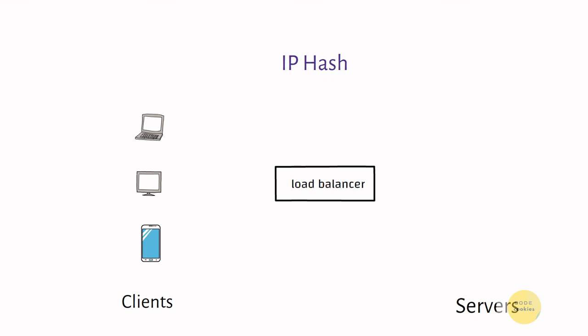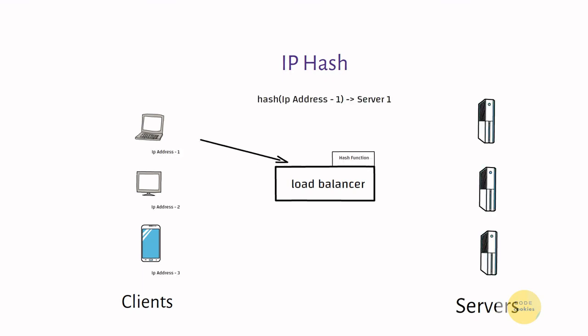In IP hash, the client IP or other parameters from the request are sent to a hash function, and the request is routed to a server based on the result of the hashing. The requests of the same user go to the same server every time, which gives better performance since some part of the data is already cached in the server and we have the user data in local memory. But while using IP hash, we should make sure the hash function uniformly distributes the requests every time.